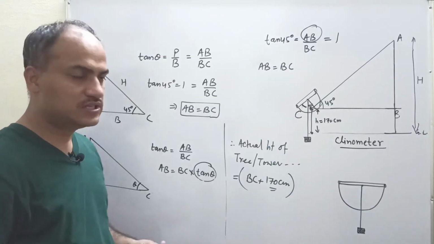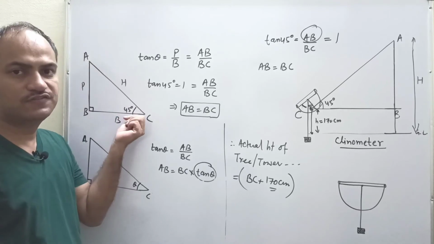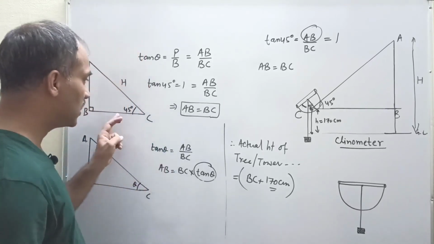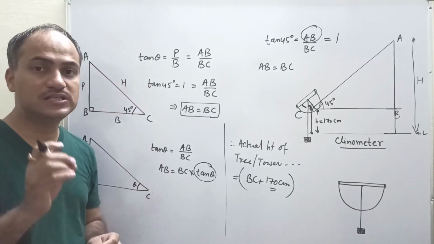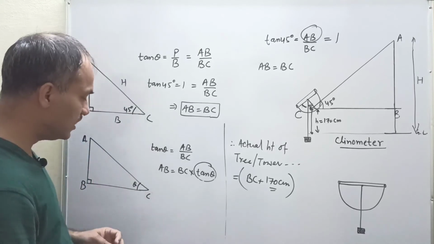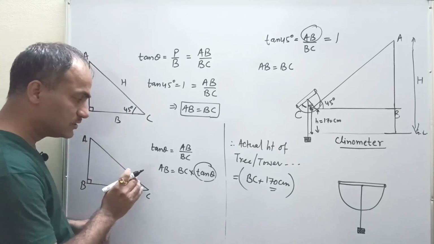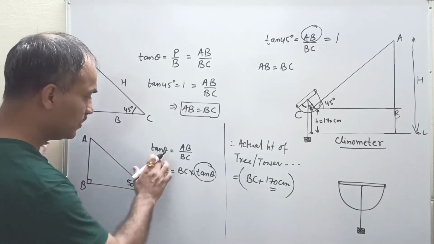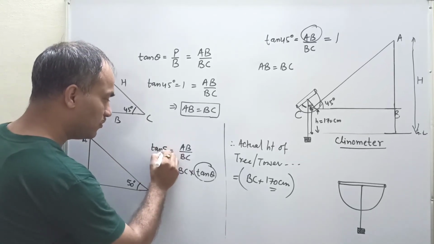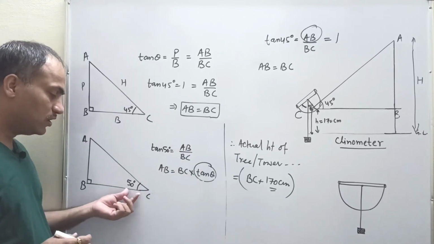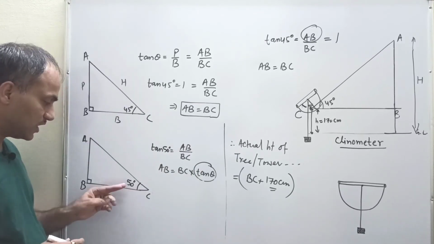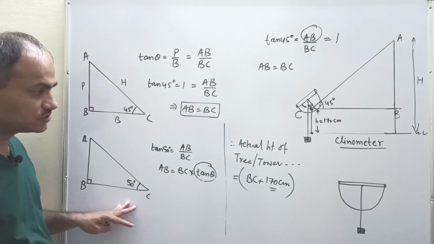One student asked me, sir, is it necessary to take this angle 45? No. When this angle is 45, our calculation will be easiest. And if we take any other angle, suppose 50 degree, then also the question can be done. So tan 50 degree will be equal to the same thing. According to trigonometry, tan theta is again AB upon BC for this triangle.